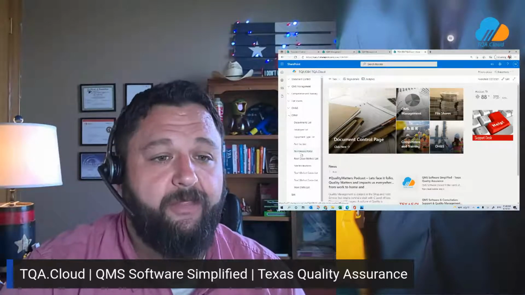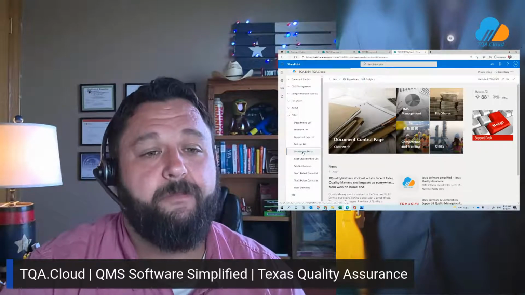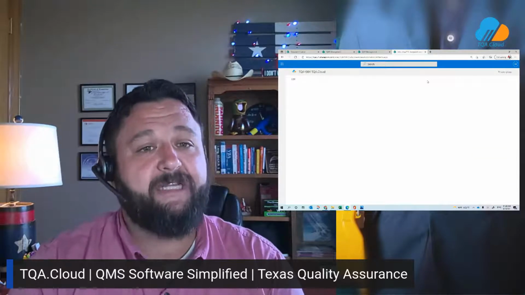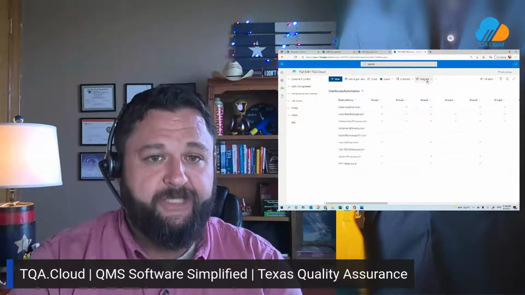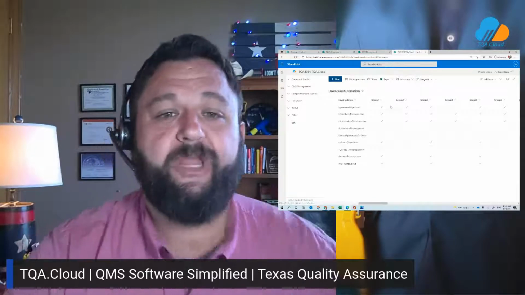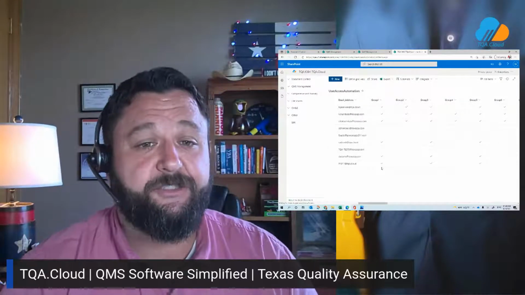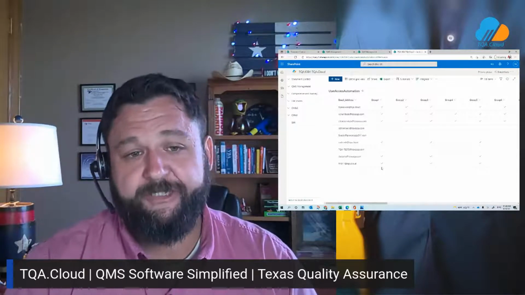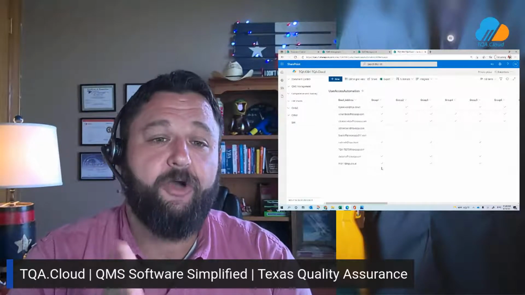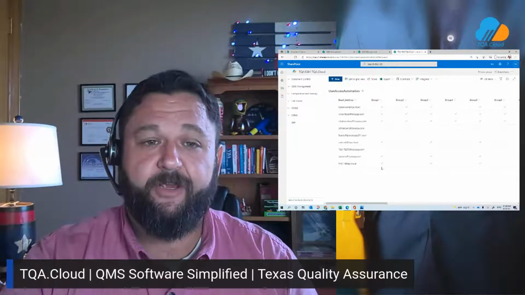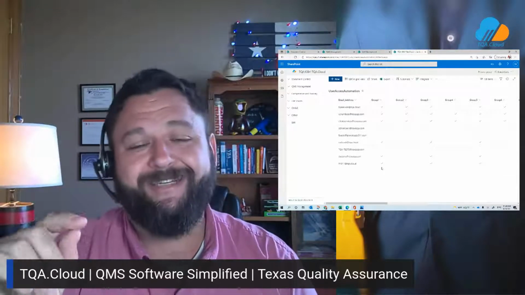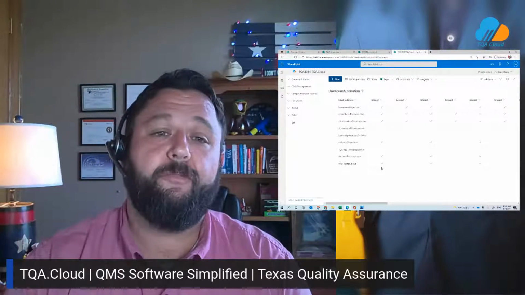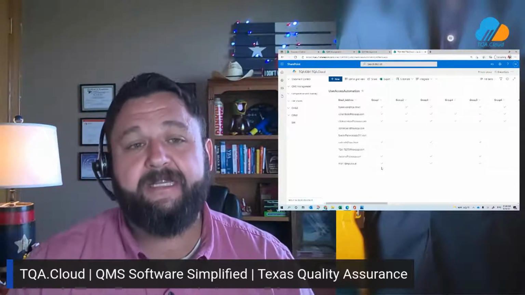So I'll show you how that is going to work. We'll go into our permissions portal here. And in the permissions portal, we can grant access to specific users within your organization to manage. So here you can see the users that have access to this particular site. Even more, we know that security is always an issue. So we segregate these sites to only be shared with specific domains. So if that user is not a member of the pre-approved domain, they simply do not and cannot have access to the site.